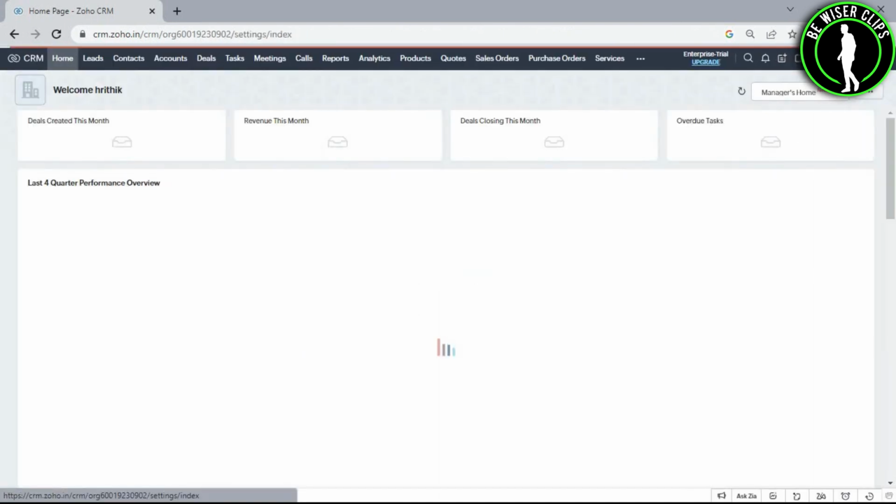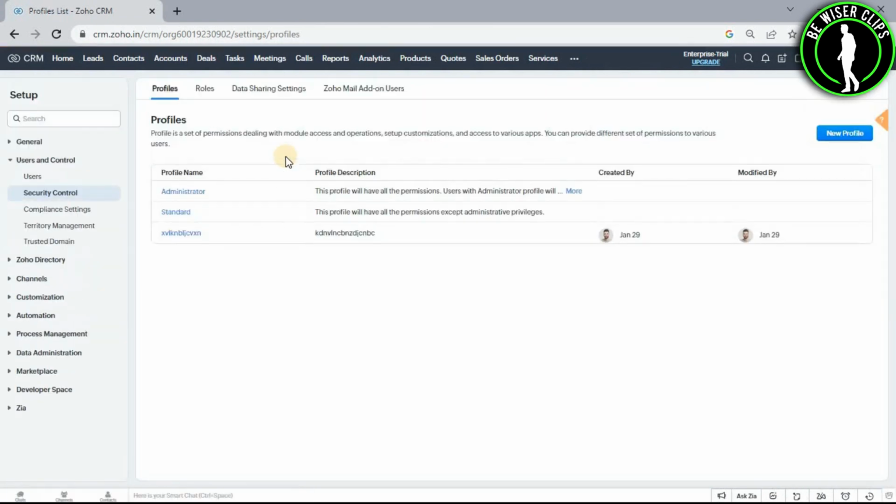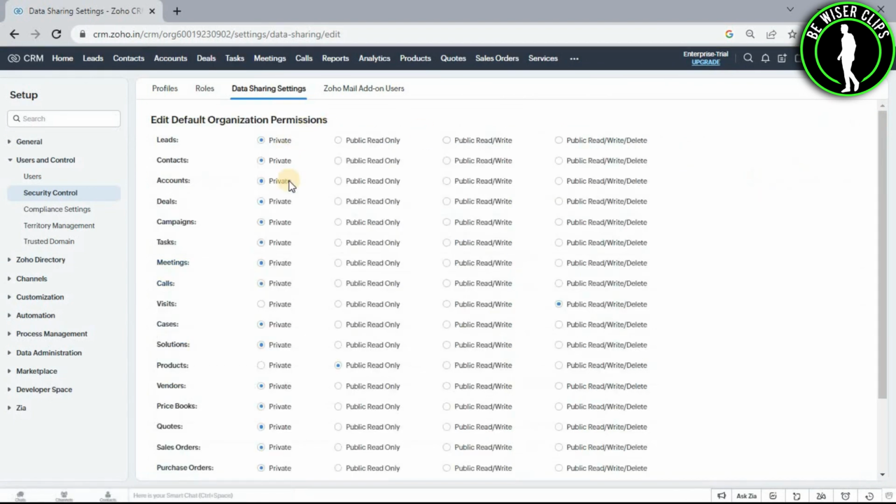Select the settings icon. Select the security control option, select data sharing settings, and now you can see this option right here called edit all default permissions. Now click on this and you can change all of the default organization permissions from private to public, read,